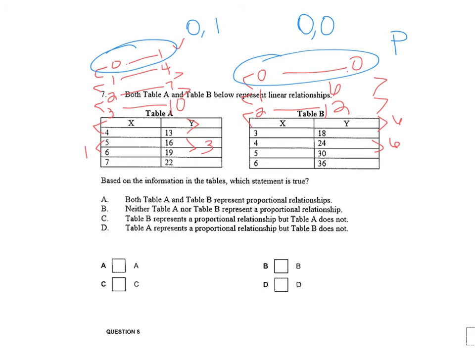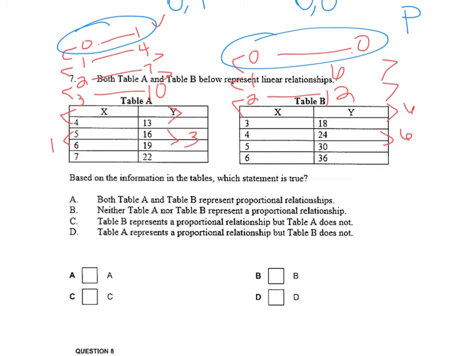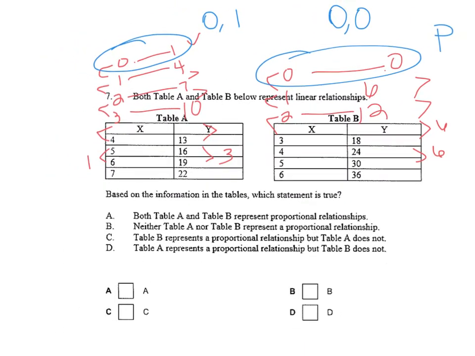There's another way you can do this. You can actually just divide y by x, but that's not how you have learned it. Actually, we are going to talk about that because that's really easy to do. So if you divide on table A, if you divide 13 by 4, we get